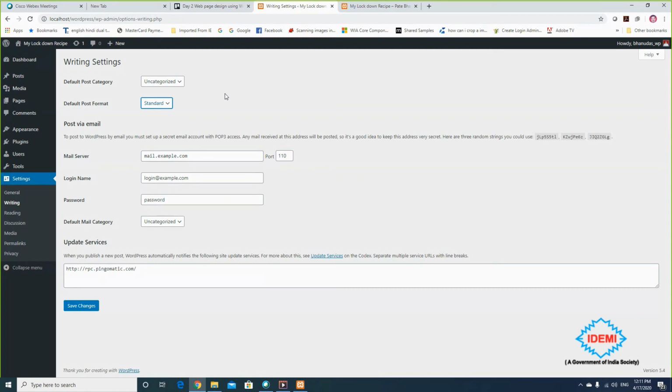They want everything to be done automatically. So they write the post in a mail, and that mail is automatically sent to a mail server, and then the post is automatically created on your website.